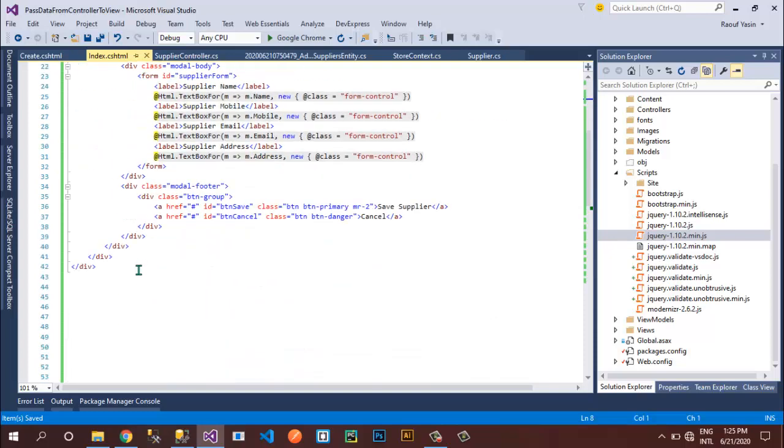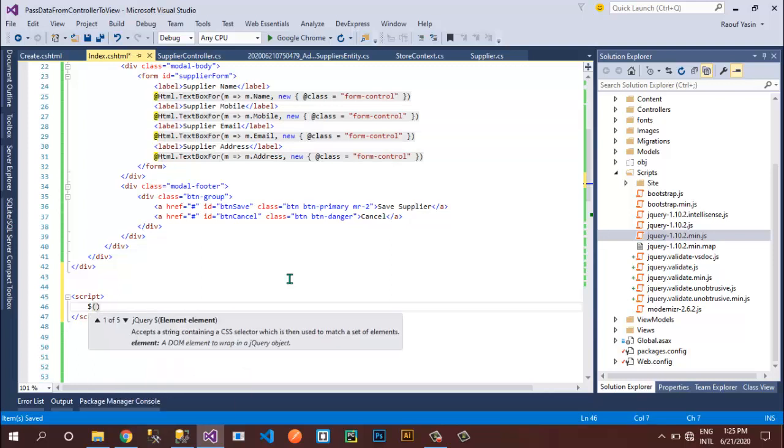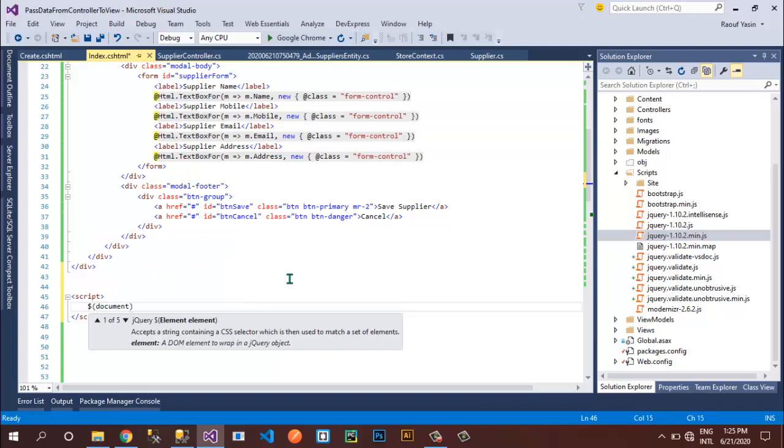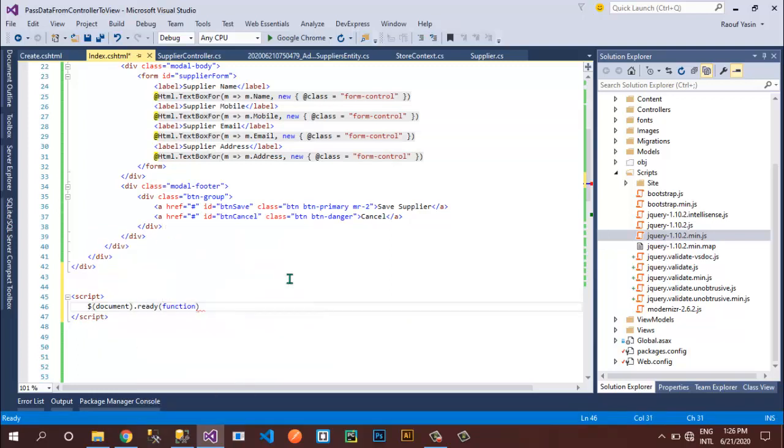Over here I will start a script tag, and inside our script tag I'll write $(document).ready and inside here I will create a function. That's all.